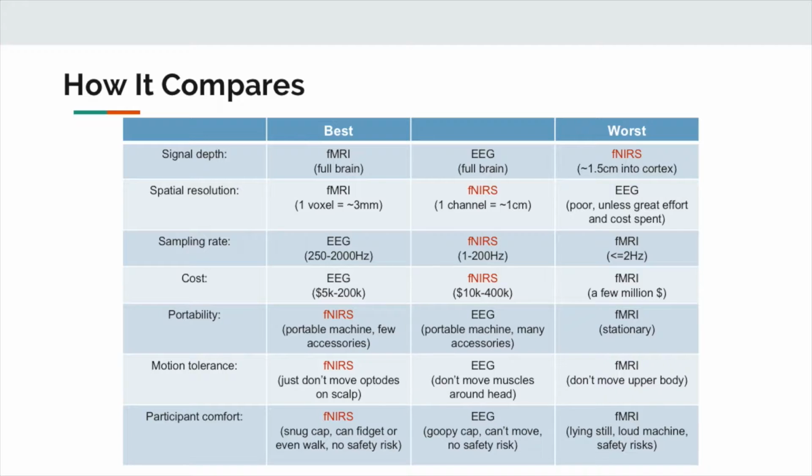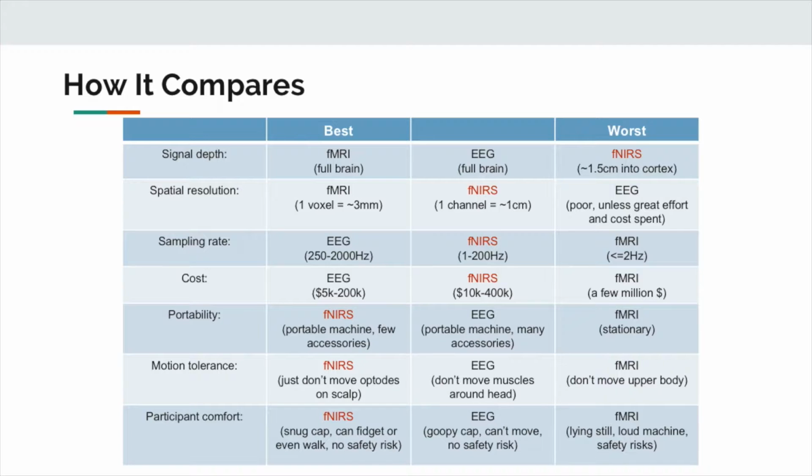And then finally, you've got participant comfort, which can be a really big concern if you're doing studies, especially in non-standard populations. One of the reasons in the 90s that fNIRS really gained prominence was because it was an ideal neuroimaging method to use on infants that you can't really put into a big noisy MRI scanner, because there's also safety concerns with MRI. You can't have certain people being in an MRI if they've had any sort of implants that would be ripped out of their body by the magnetic field.